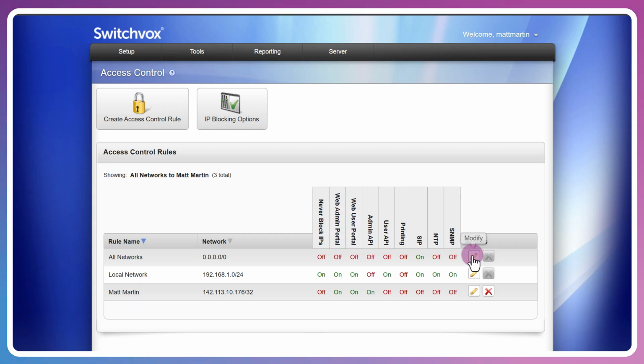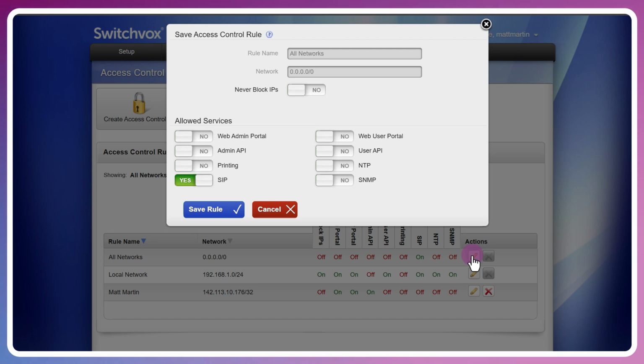Now, ensuring I can modify all networks, here I'm able to allow such things as all SIP traffic from the outside, web admin portal, web user portal, for example. Now, this may not work for your particular needs, as it's opening up traffic all from the outside. Depending on what your external firewall is doing, everything you do here will be allowed from the outside. So use with caution if you're not going to set up individual IP addresses to access these resources from the outside and you're opening it all up. I just want to advise some caution.